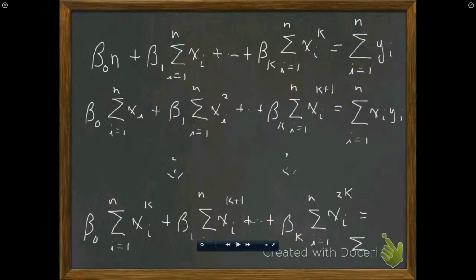So what we're doing here is just looking at the k plus 1 linear equations that would be the partial derivatives. And what I'm trying to do is squeeze this last term in at the bottom, which would be the sum of i equal 1 to n of x sub i to the k power times y sub i. So guys, for k equal 2,